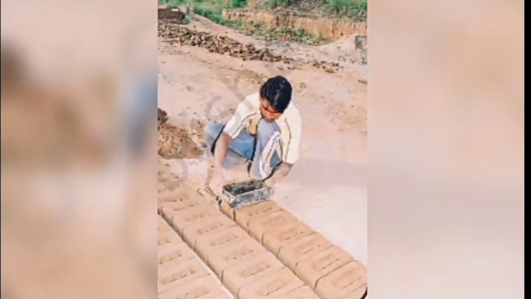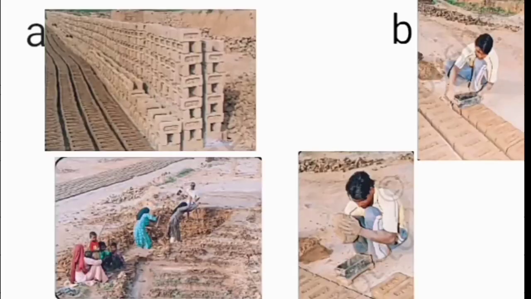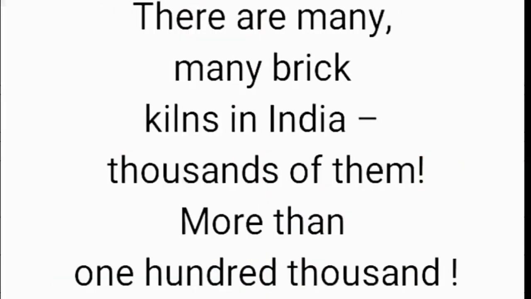The fourth and last phase is firing or burning. If you all remember, I have shown you that chimney video. That is the picture of the firing and burning stage. Here 4 pictures of the brick kiln are given. These pictures are jumbled up. Look at them carefully and we have to arrange them in the correct order. So the first stage was preparation of raw material, which is seen in picture C. The second stage was D, then B and then C.